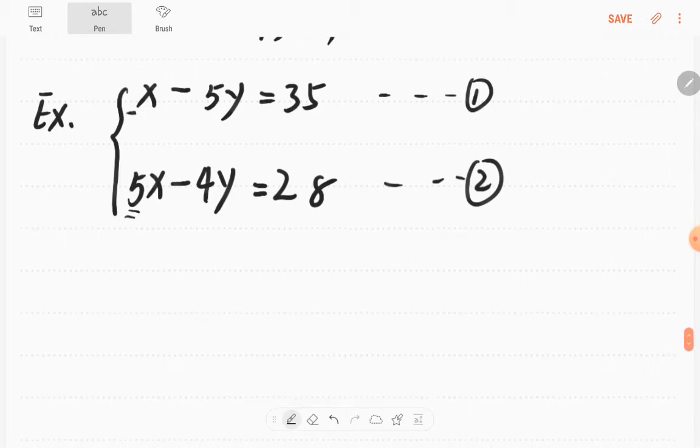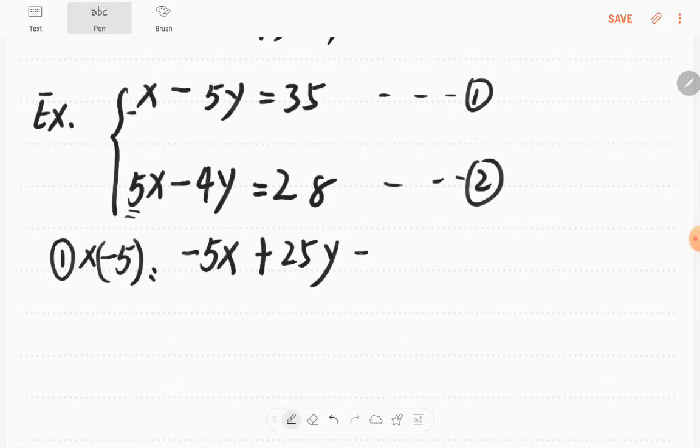So now let's multiply equation 1 by negative 5 on both sides. They will have negative 5 times each term. Negative 5 times x is negative 5x. Minus 5y times negative 5 is plus,